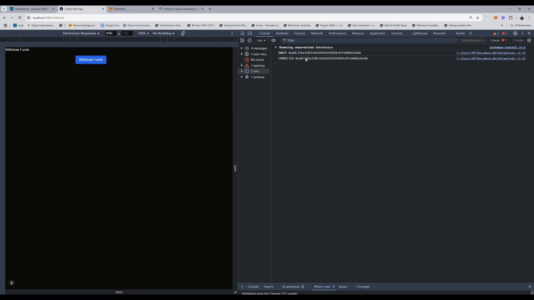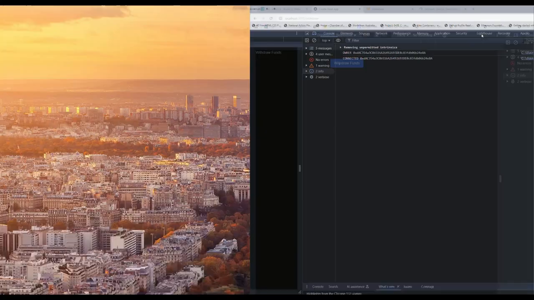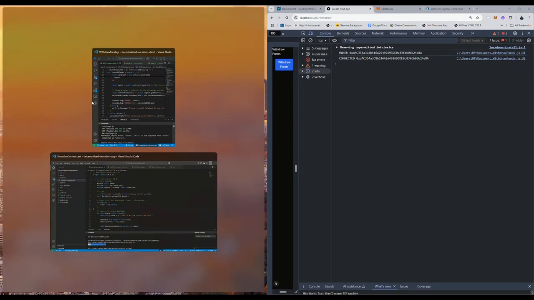The reason is, now check something here. This is the owner which locks this address, and then this connected also locks this address. You can check both addresses. You can see that they are the same. Because both addresses are now the same, we will be able to see this withdraw funds button, because it means that if these particular addresses are the same, then the